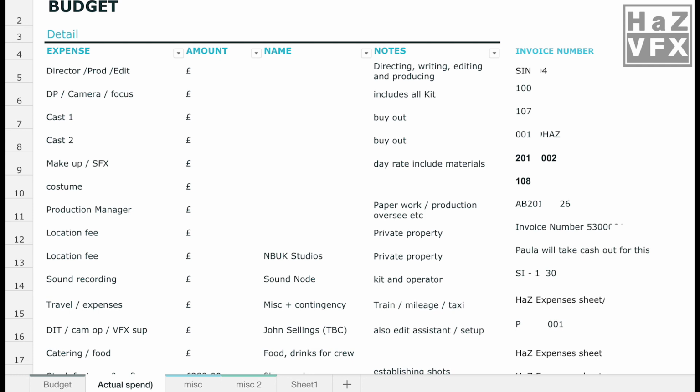The second part of the budget is the budget tracker, which is often known as the actual budget. Now, this gets updated as costs are negotiated and locked down. Once the shoot is done, you can use the same spreadsheet to track who has been paid plus any overages that may have occurred within the contingency budget allocated. Now, it's worth keeping the accounts of your production budget tight and updated as an ongoing process so that it's a smooth process when it comes to claiming VAT, taxes, or offsetting production costs against your company tax at the end of the year.